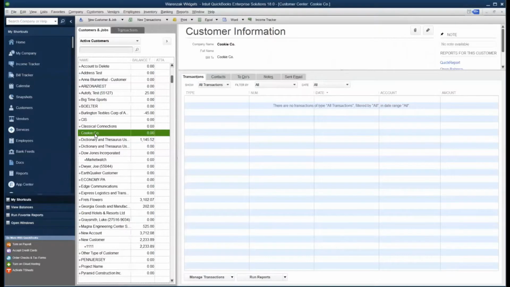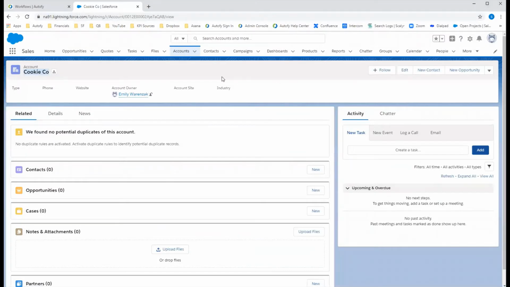Now what's going to happen in this instance is in QuickBooks, I have this listed as Cookie Co dot. And that dot makes a really big difference because we are looking to match character for character. And I want to show you what will happen when I try to sync the Cookie Co without the dot to Cookie Co with the dot in QuickBooks. So I'm going to take this Salesforce ID,